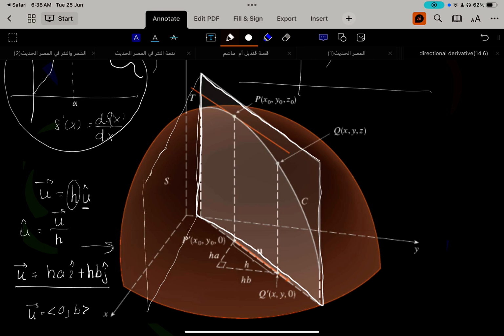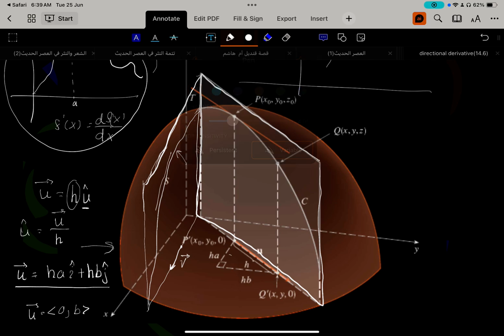We can have a plane in this direction, and I can call this direction V. So this plane includes the unit vector V. Now here I can have another directional derivative, which represents the slope of the intersection between the curve and this new plane. So this is the curve, this is the intersection, and the directional derivative represents the slope of this curve. And here, in the direction of the vector u, we have this